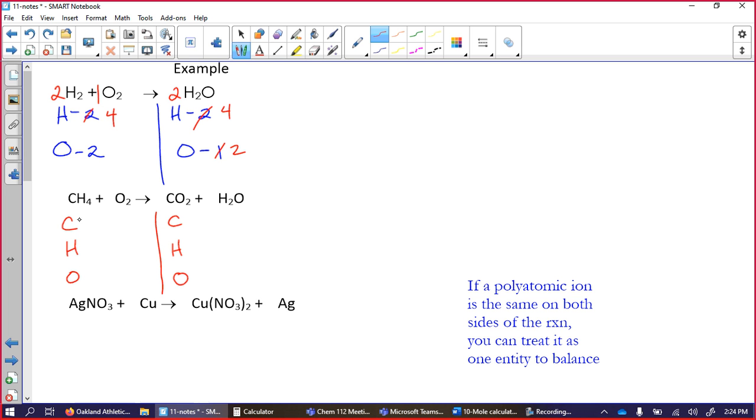Same idea. Eventually, if you're 100% confident with this and you don't have to list these, you can just say, oh, I've got 1 carbon and 1 carbon. Well, that's good. I've got 4 of those, 2 of those, 2, and 3. So this is technically a combustion reaction. This is how you burn methane